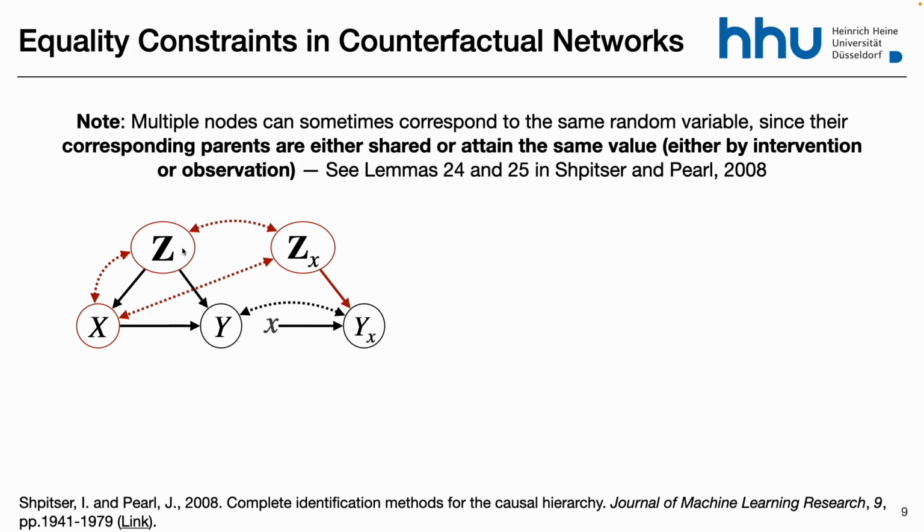So if you were able to see the support, right? What are the values of each of these two variables? They are identical. They are exactly the same. And the point is, I cannot leave this graph as it is, because I would, for example, have weird stuff. So for example, Y_x would be dependent on X given Z, but independent given Z and Z_x. But Z and Z_x are the same.